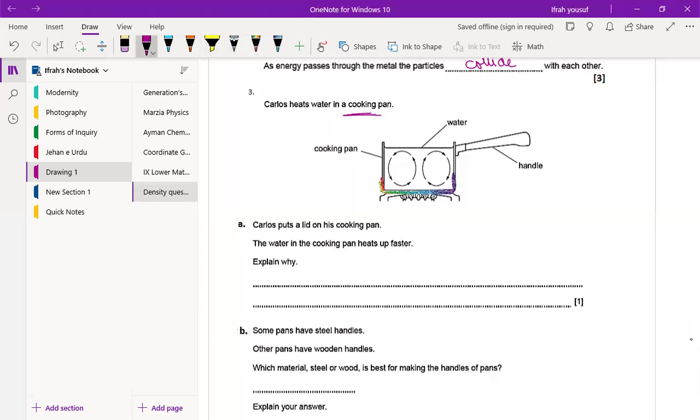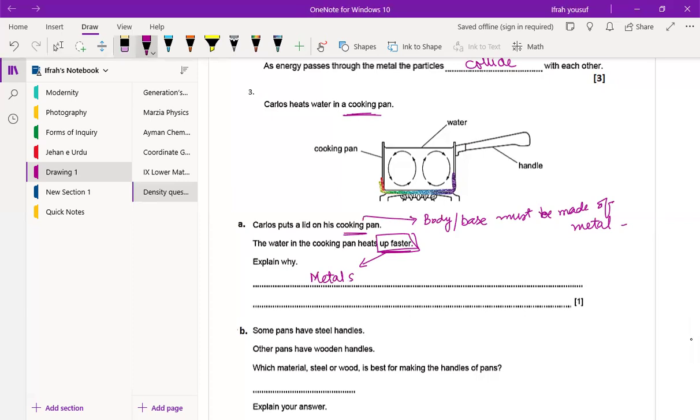you know that it is metal, right? The base should be metal. The body and base of the cooking pan must be made up of metal, right? So explain why the water in the cooking pan heats up faster. Faster word is there, right? Faster. So in order to describe the faster, because metals,